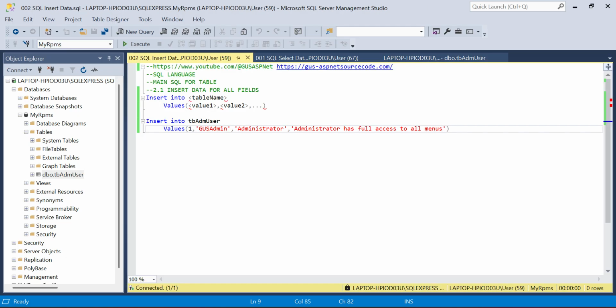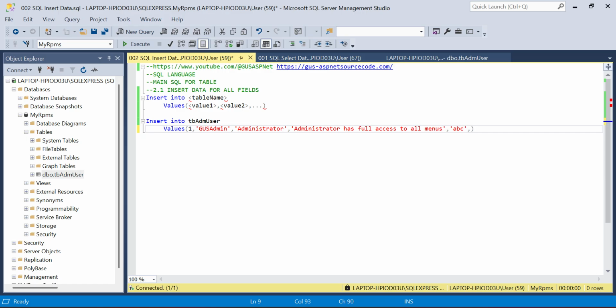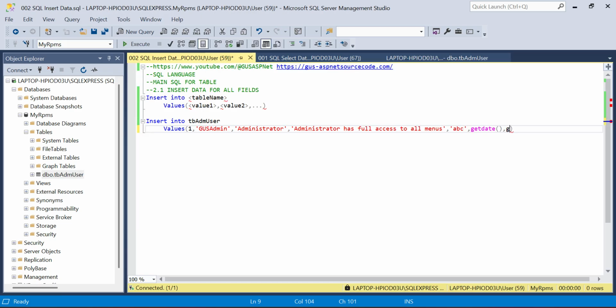I will give it the password. For example, I give it ABC. Input add, I will give value getdate, and last edit add with getdate. Getdate means current date time.